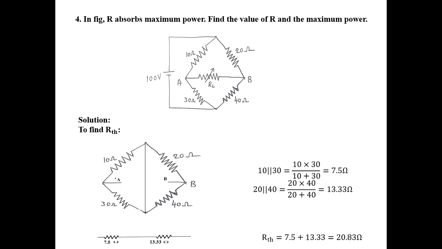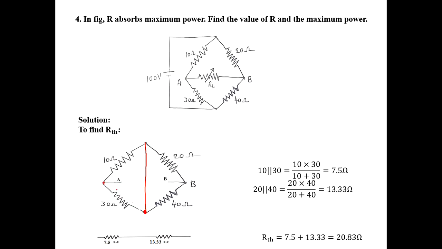Then here we have to mark the load resistance, with nodes A and B. Here consider these two resistors. These two resistors are connected in parallel. How is it parallel? See, these two resistors have one common point here. At the other end, the 10 ohm resistor is joined with this 30 ohm resistor. This is also another common point.